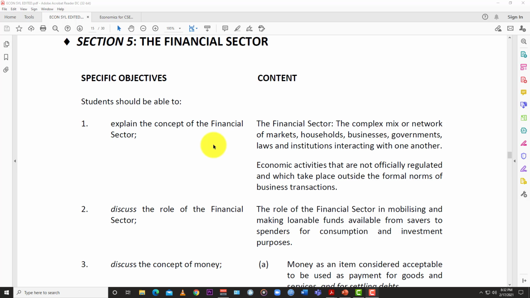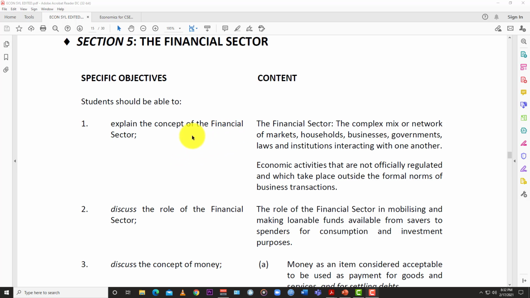So that would have some aspects of some of the content here, but not all, because that's one of the differentiators between economics and POB. Economics goes deeper into the financial sector. You go into different parts of the financial sector that POB would have just browsed on. All right, so we're going to just jump into that right now.